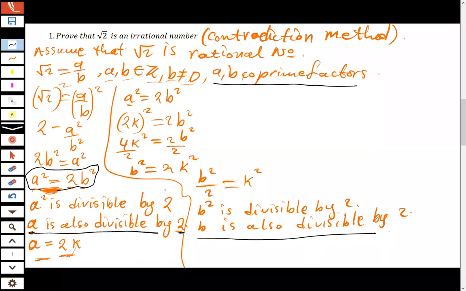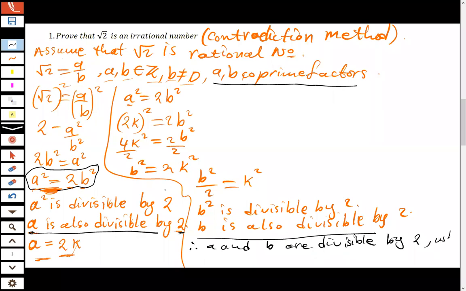The same applies to this part. 2 can go into b, which contradicts the statement that a and b are supposed to be co-prime factors. So you can conclude by saying, therefore, a and b are divisible by 2,